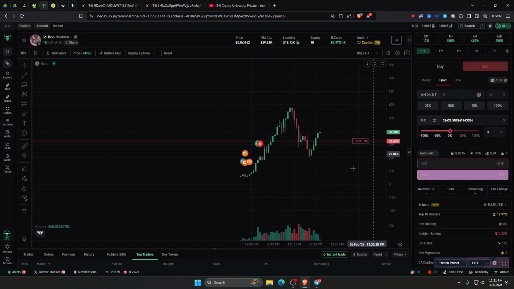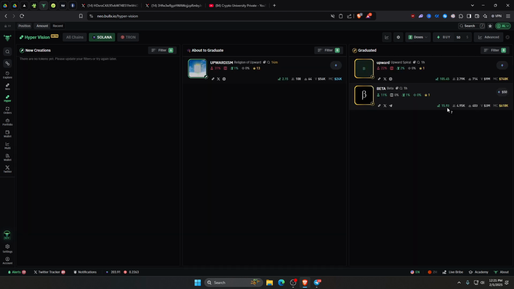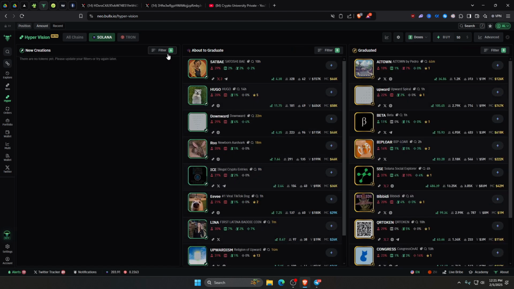So that's absolutely decent, and for now it's going to be doing great. It's only been around for like 18 minutes. Now let me show you the filters that I use to avoid those farms and also avoid